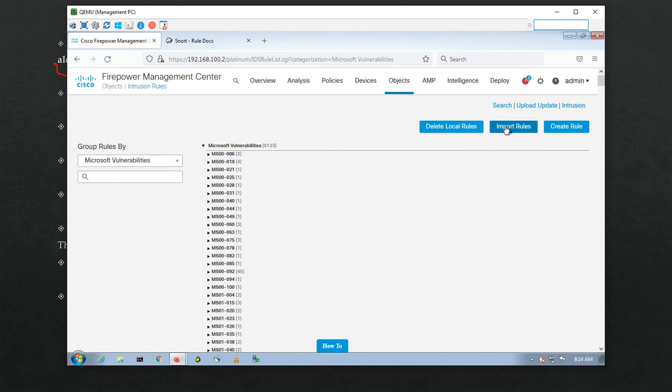Import rules: if you have some rules you want to import, yes, you can import them. No one is doing that, I'm telling you again. If you want to create a rule, for me personally, I will leave it at the default. But if you want to create a rule,